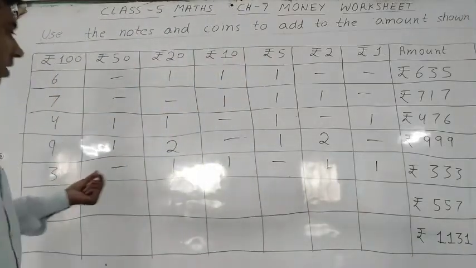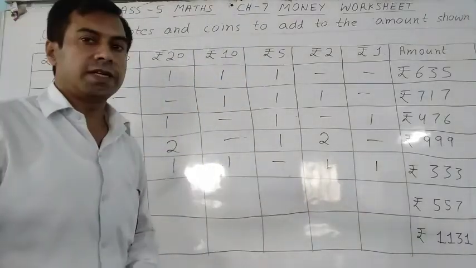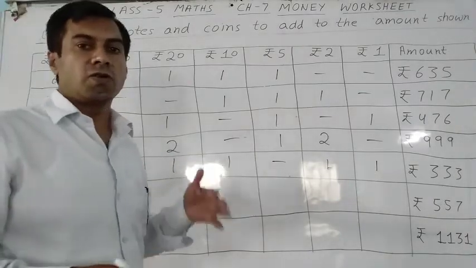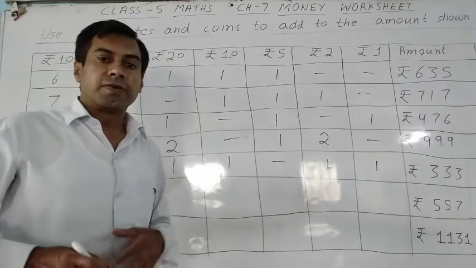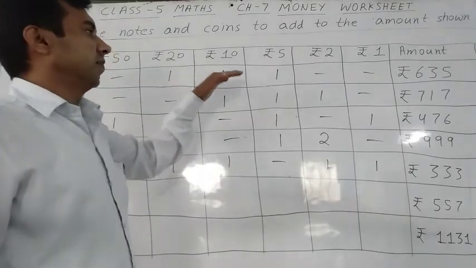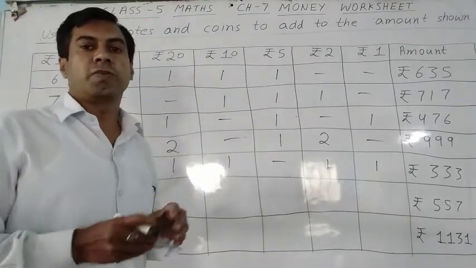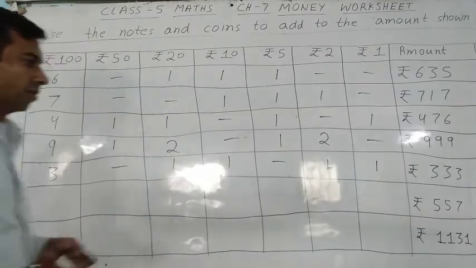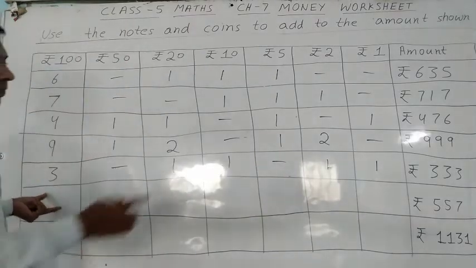See, 333. However it is easier, you can make your amount. Here, whatever denominations we have, we use those denominations to make the given amount. Clear? Now student, here we have